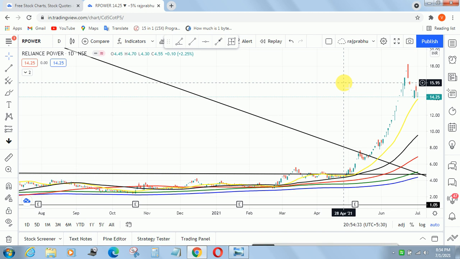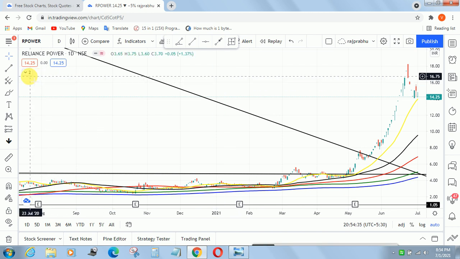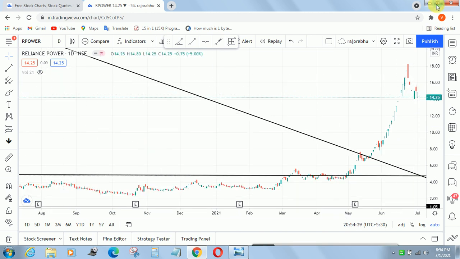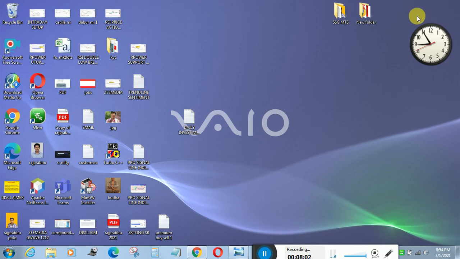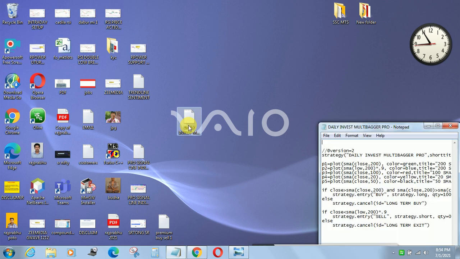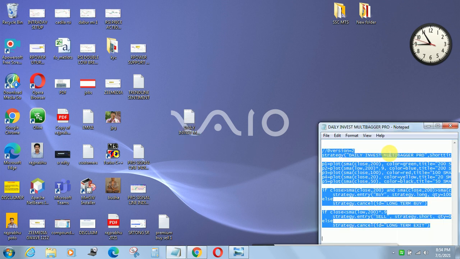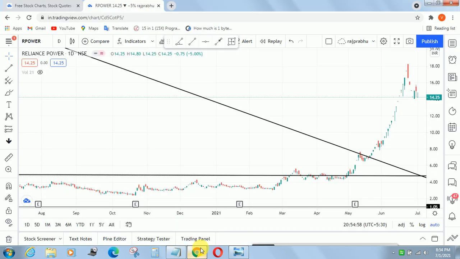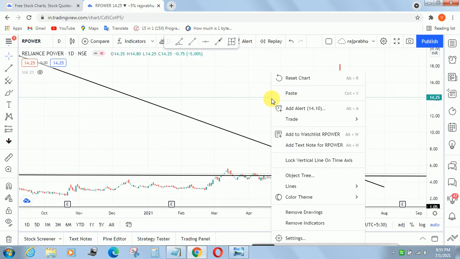And I am going to show you how to add this indicator in the TradingView chart. I am going to remove this indicator. After finishing payment you get an indicator link, and I am going to copy the indicator code. Okay, pressing Ctrl+A to select the whole code, and Ctrl+C to copy the code, and go to the TradingView chart. See, this is the TradingView chart.